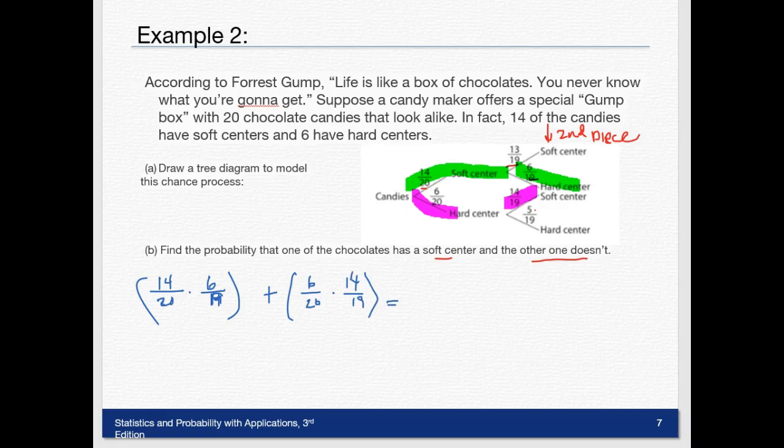I'm going to calculate these on my calculator. I get the answer 0.442, or 0.4421 if you want to go to 4 decimals, at least 2 decimals. So that's my probability. I have to think through both possibilities here. All right, I'm going to give you a worksheet today where you work on these and